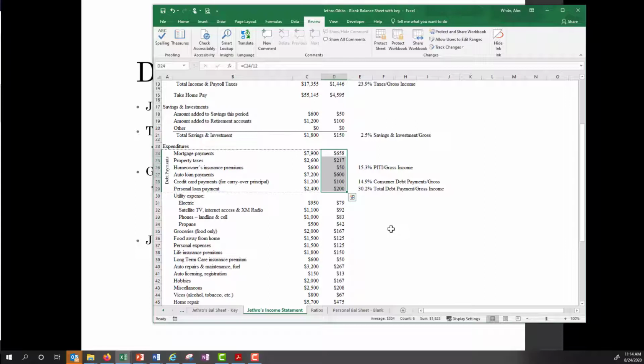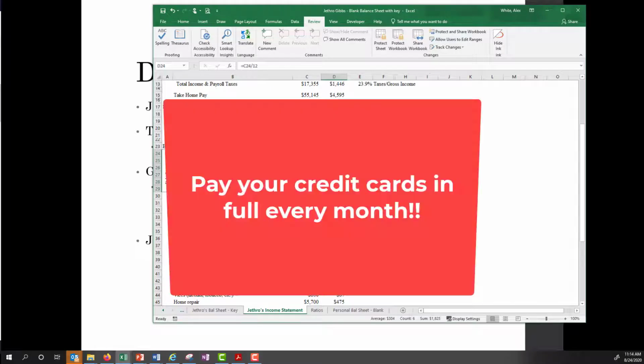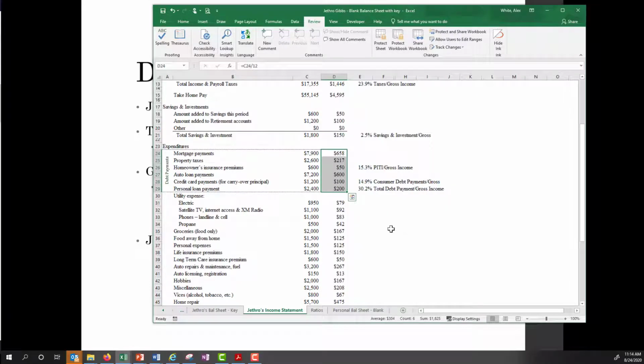It has his auto loan payment, his personal loan payment, and in this case, just to be conservative, we're going to include this carryover principal on his credit card payments. Again, this is money that he has run up on his credit card and has not paid back over time. You want to be able to pay off your credit cards in full every month. If you do that, do not include your credit card payments in this ratio. So if we total up Jethro's total loan payments, his total debt payments, we'll see that this is going to amount to